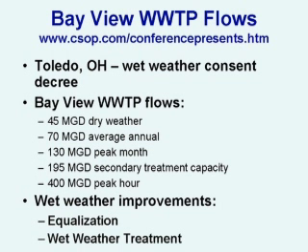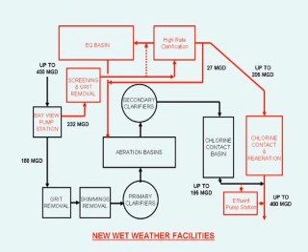of treatment capacity. We're going to shift to the city of Toledo and look at the wet weather treatment system that the city installed at their wastewater treatment plant as part of their wet weather consent decree improvements. Toledo has a combined and separated sewer tributary area that serves approximately 300,000 people, and they entered a consent decree with EPA in 2002, which included requirements for wet weather treatment facilities at the wastewater treatment plant and development of